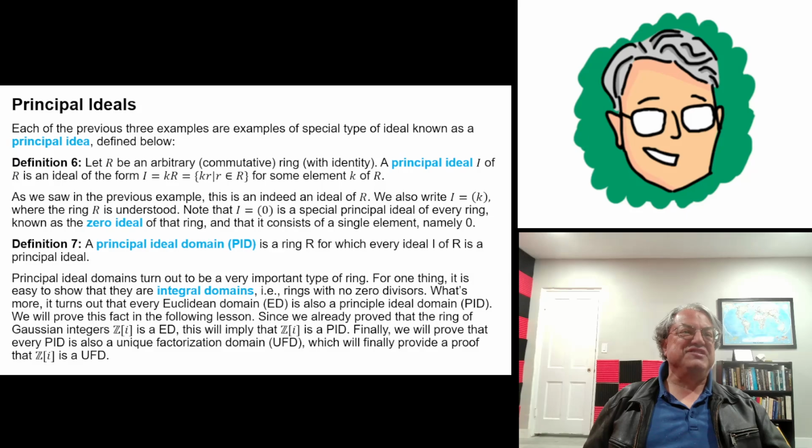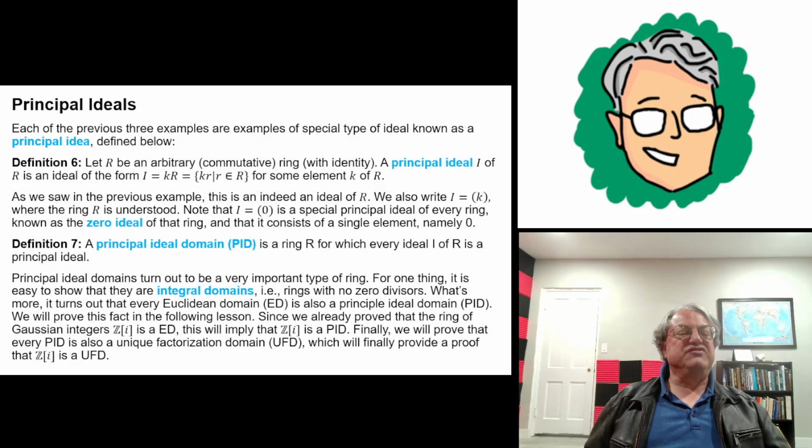That's not a very interesting ideal. I mean, it's an important ideal, but it's an ideal that has just one element. As a set, it's just the singleton zero. So it's really just a set with the single element zero. And when you multiply anything by zero, you always get back zero. So it's pretty obvious it's an ideal by this definition. Also, zero minus zero is zero. So it's kind of a trivial example of an ideal, but it's called the zero ideal.